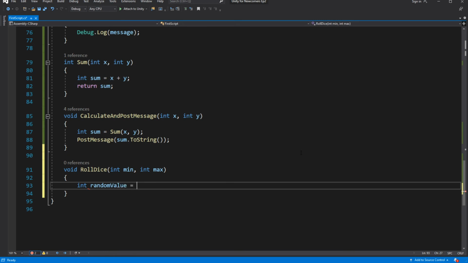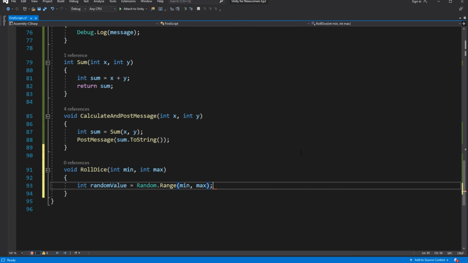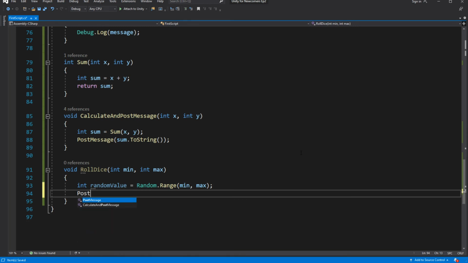Then inside we want to use random range to generate a random number between the passed min and max parameters. Then post the random value into the debug log.